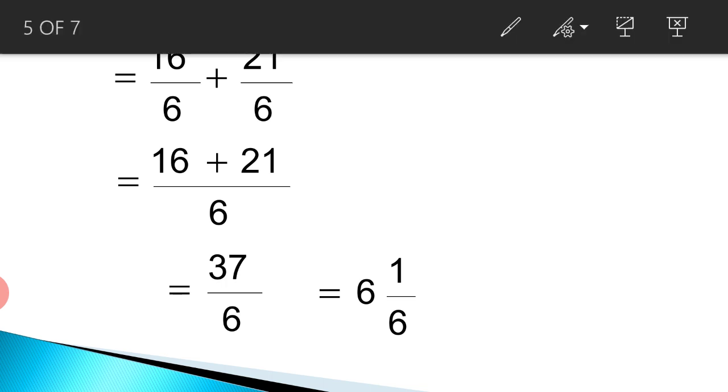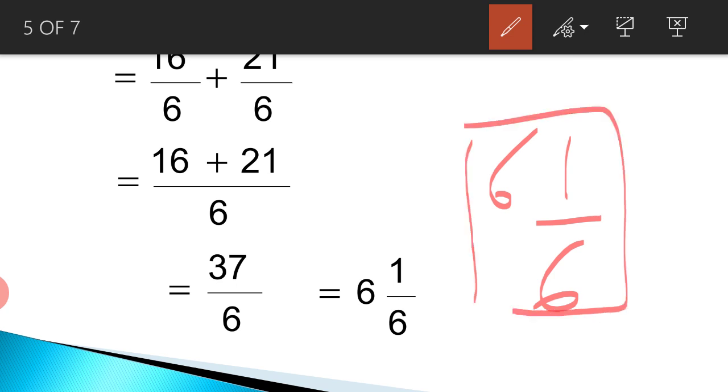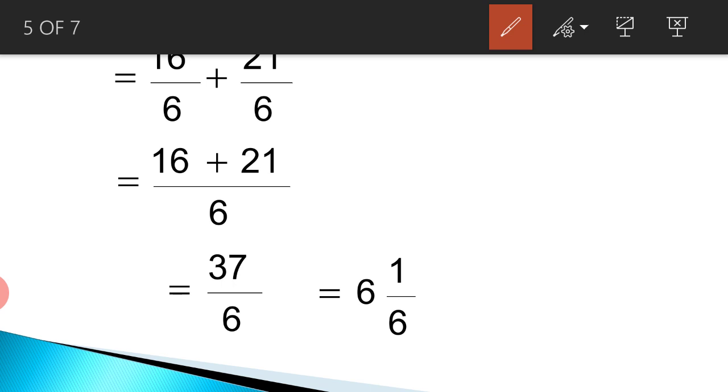Now one more instruction I would like to give. Children, you write down mixed fraction like this. When we read it after some time, it looks like 61 by 6. Actually, you have written it correctly. That is 6 integer 1 by 6. So while writing a mixed fraction, I'll give one suggestion. You first write the integer part, that is 6, and then this particular sign should be in the middle. So it should be very clear, that is 6 integer 1 by 6.